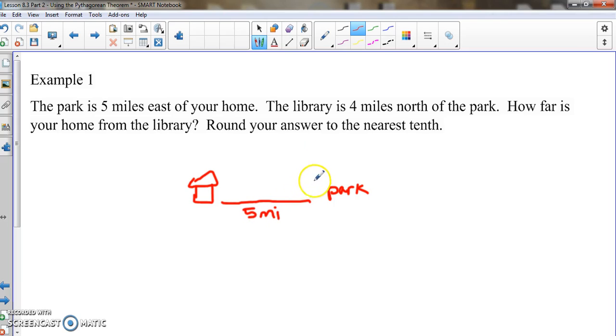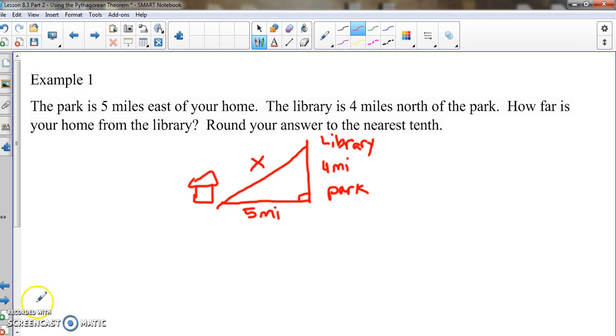It says the library is 4 miles north of the park. So I'm going to put the library up here because that's north. And again, draw this picture. It's very helpful. It's 4 miles north of the park, so that would be 4 miles. What we're trying to figure out is how far is it from your home to the library. Well, if I connect this picture that I now have a right triangle,